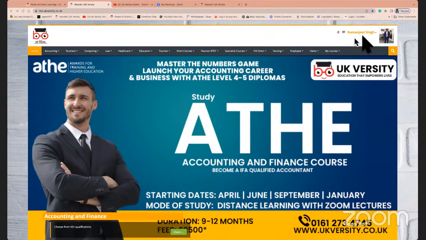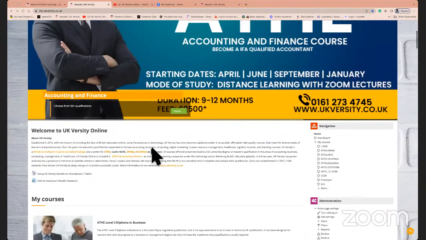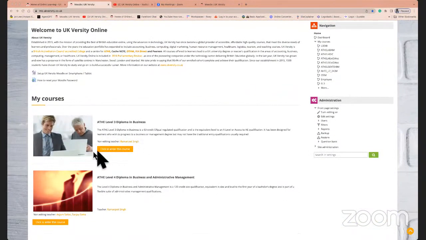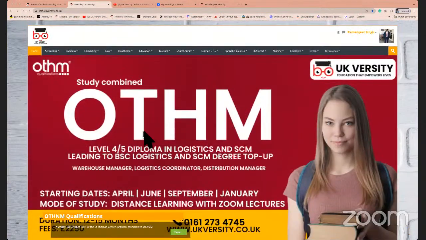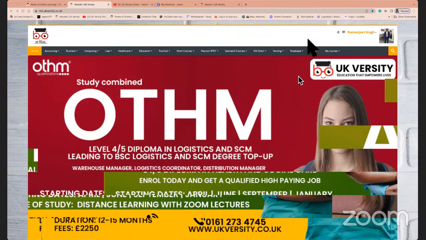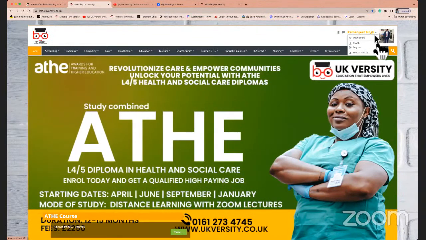So as you can see, I'm logged in right now. How do you find your course? Now, when you are logged into your system, you're going to see a few tiles. So in your case, it will show you your My Courses because you've logged into your dashboard, and that should show you the OTHM Level 6 Diploma in Teaching. Now, if you're not able to sometimes see the course, or if it appears differently on your side, I can try and look at a student view as well.